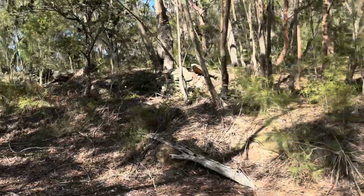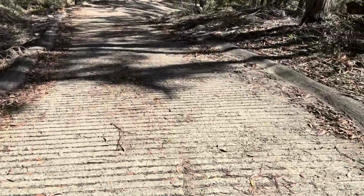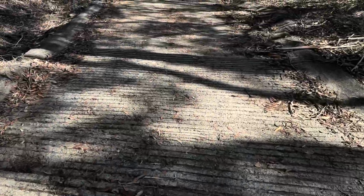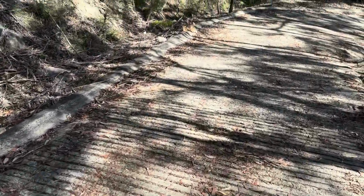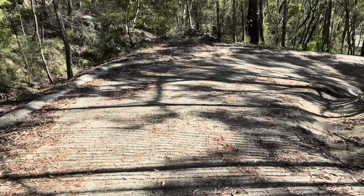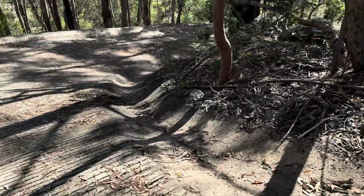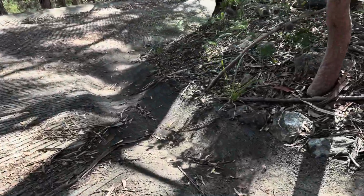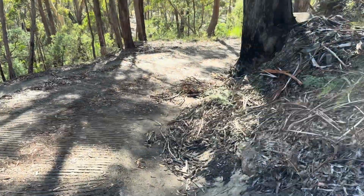All right, so 2.6 k's in, you are going to have just come down a sandy and slightly rockier hill, and then you hit this. What we've got is concrete that's been poured. It's got these lines and grooves across it. I think it's probably partially for traction, and I've always wondered if it's also so that the thing doesn't get washed away in storms, especially when you look at the depth of the gutter that has been built to the side. So this is pretty steep,